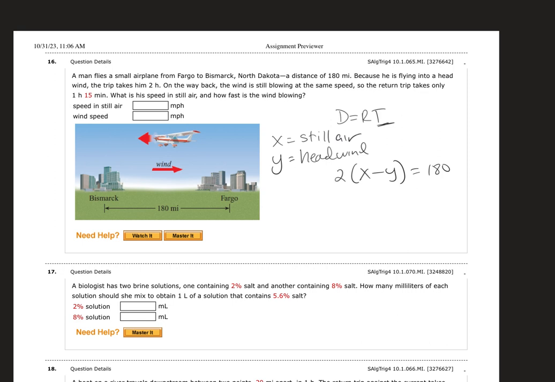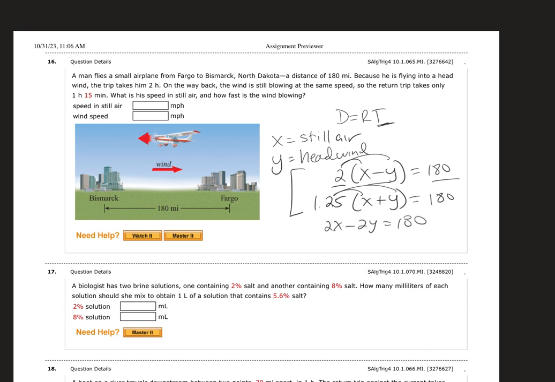So this is rate times time equals distance. If I'm on the way back, I have that still air, but I get to add into it the speed of the headwind. On the way back, it takes 1 hour and 15 minutes, and we're still going 180 miles. 1 hour and 15 minutes, if I convert that to just hours, is 1.25 hours. 15 minutes is a quarter of an hour. Here is my equation. I'm going to distribute my 2 and distribute 1.25 and then solve this system